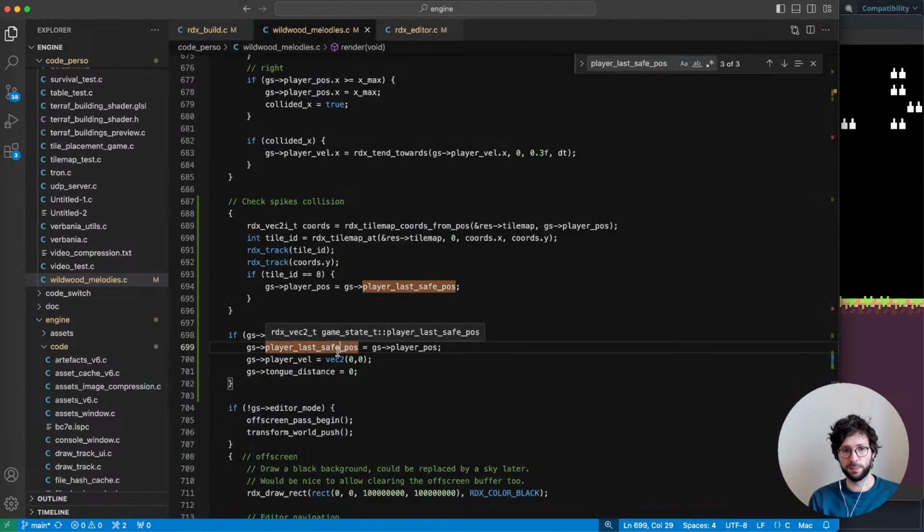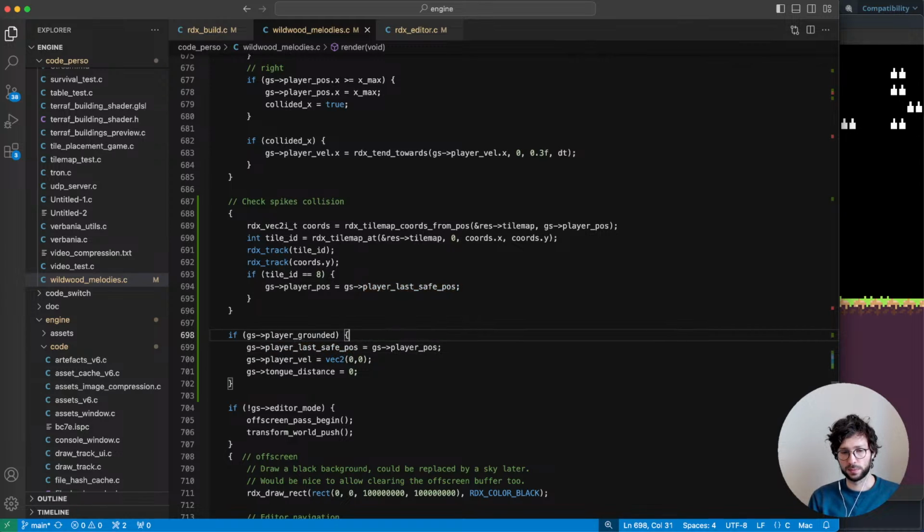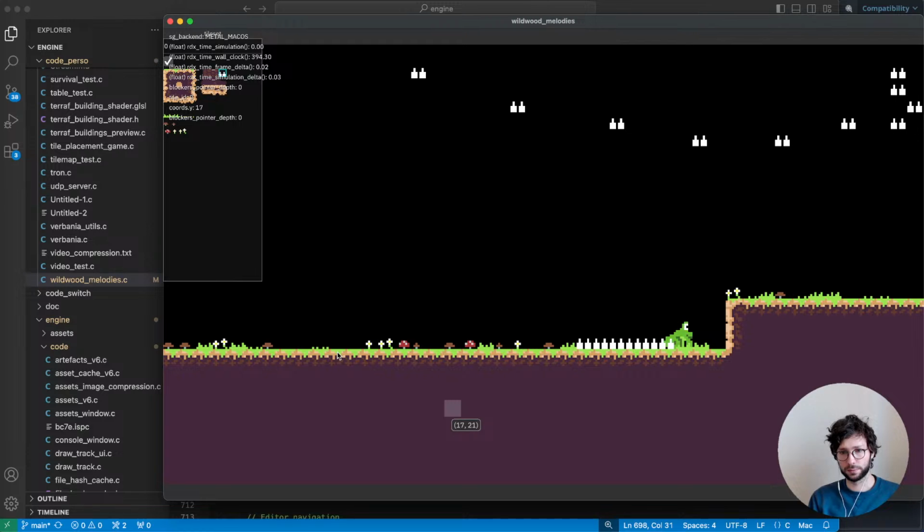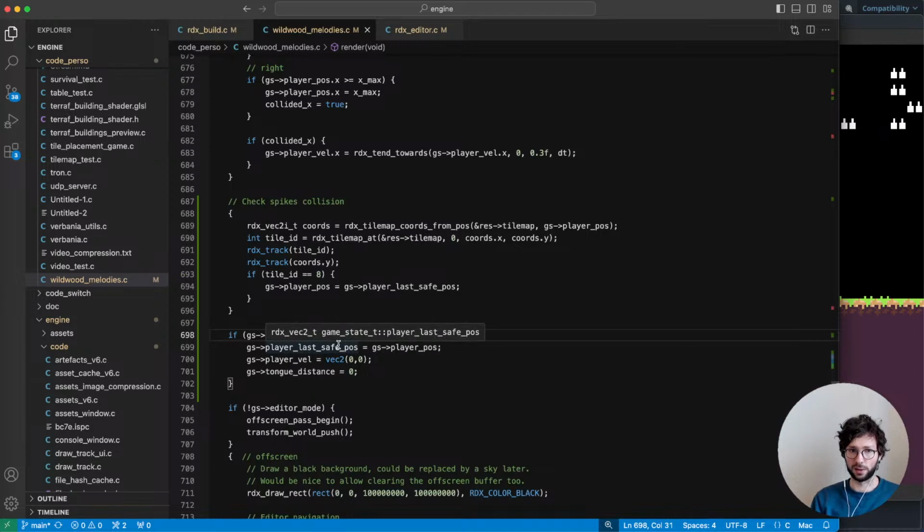Let's try that maybe. But the problem is we are not quite touching the spikes at this point. Maybe we can actually add